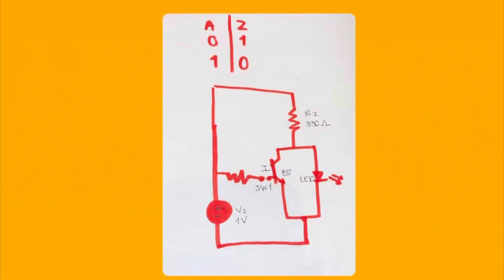So now for the NOT part of this project, as you can see in the logic gate, when our input is 0, our output would be 1. And when our input is 1, it'll be the other way around. So now our output would be 0. So as you can see, looking at the diagram, when our gate is closed, our